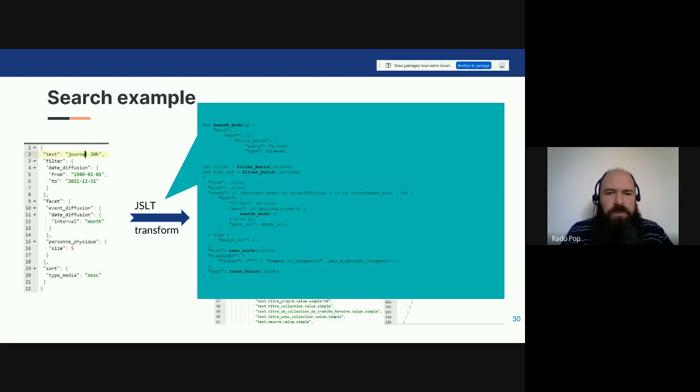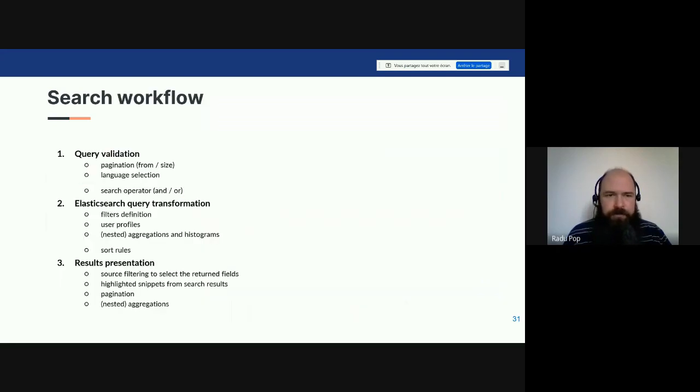Again, an illustration of the JSLT transformation, which is defined in small modules and generic methods that we can use and reuse in different parts of the search engine and different related to different indices. And this is something that is done in a declarative fashion in the JSLT transformation.